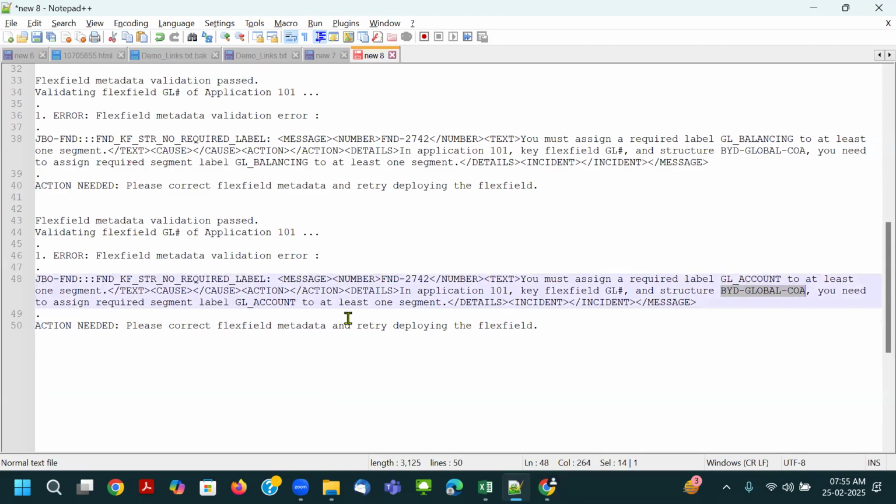BUID, global COA, GL account. That means the natural account segment label is not assigned. So please keep in mind, GL account is nothing but, here you need to assign which segment label, guys? Natural account. Yes. So if you are getting this error, you have to assign the natural account